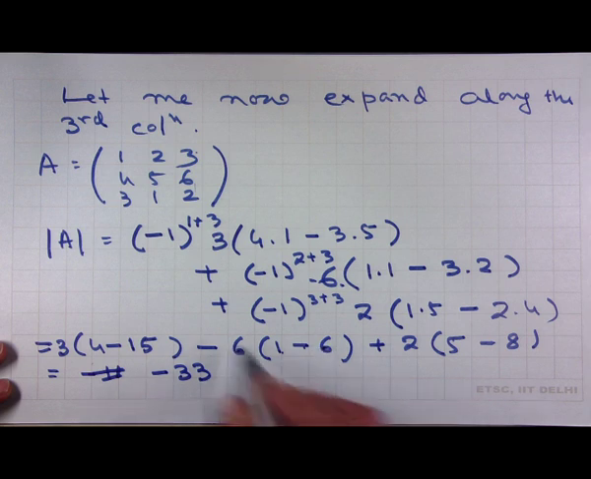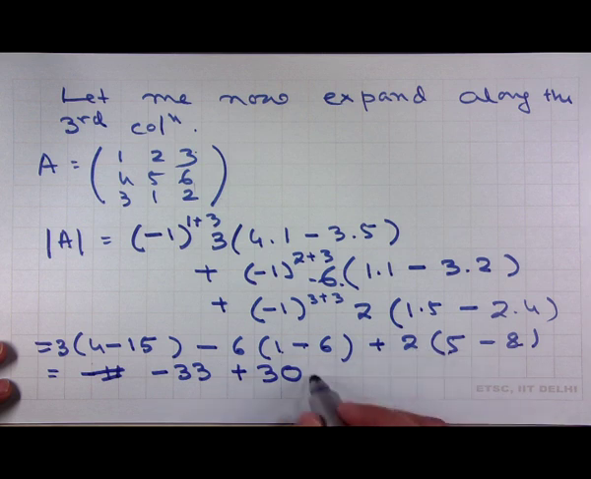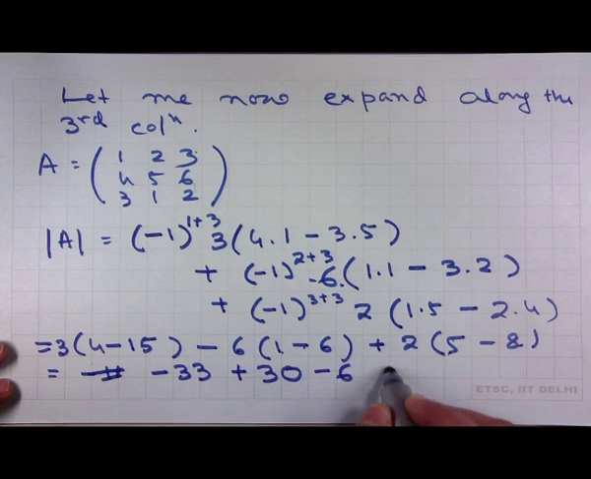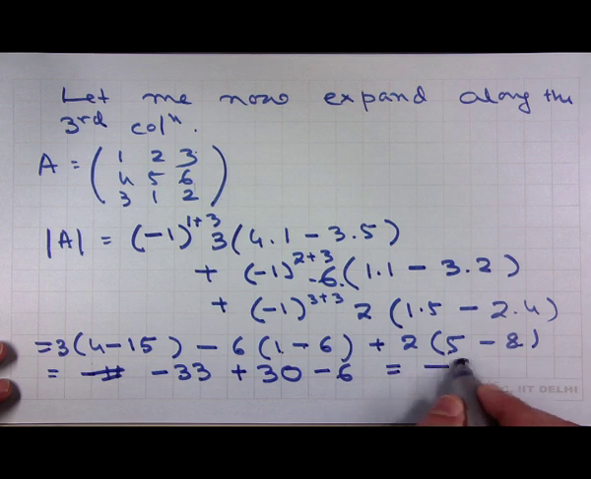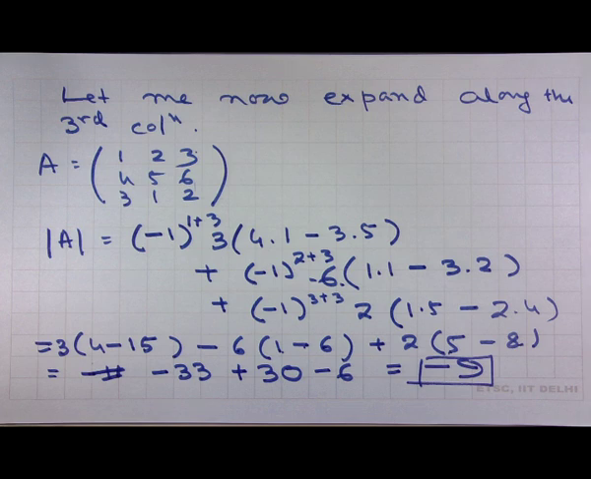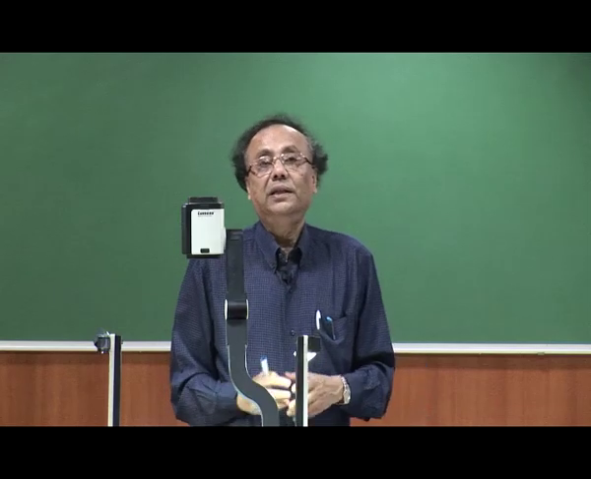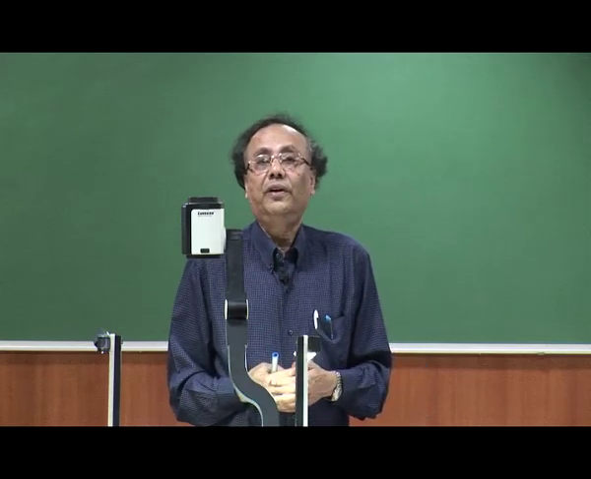It is minus 5 minus 6. So, it is plus 30. It is minus 3 into 2. Therefore, minus 6 is equal to minus 9. Therefore, we can actually see that by expanding it with different row and different column, we are getting the same